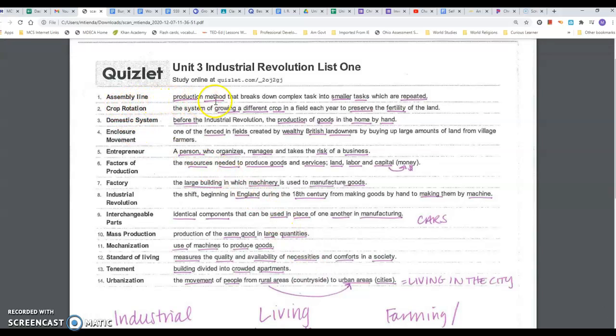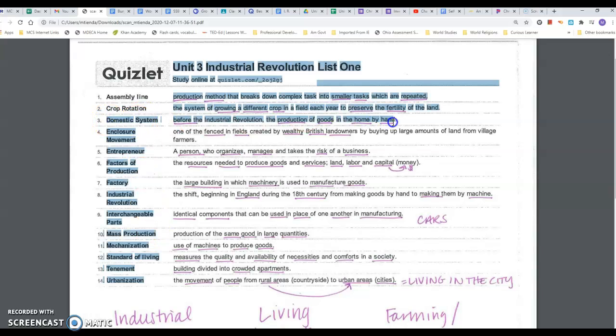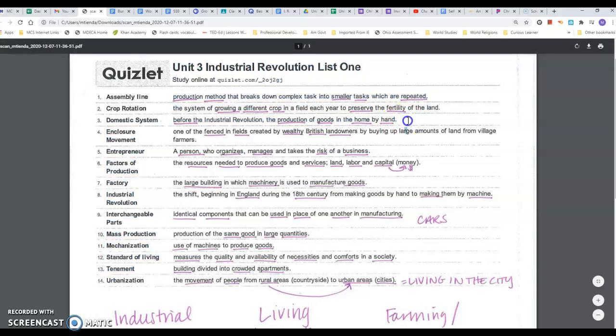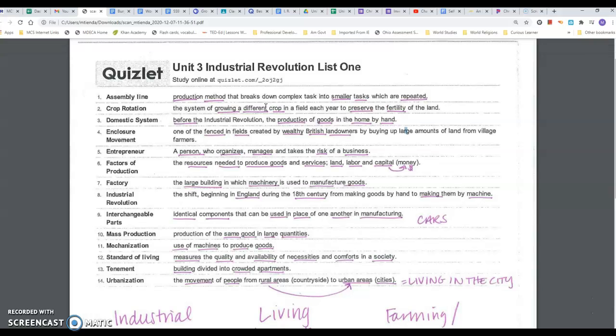So assembly line is a production method that breaks down complex tasks into smaller tasks, which are then repeated. So this production method goes with mass production and mechanization. During the Industrial Revolution, we started to see that instead of goods being made by hand using the domestic system, goods were produced through the use of machines, and the assembly line made that quicker so that goods could be made more quickly,